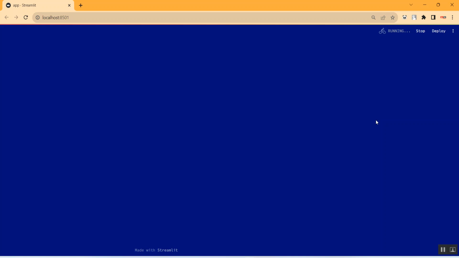Here you have the option to upload the image of the pet, and it will predict what type of pet it is and what the recommendation will be also. To deploy, it will take some time. You have to wait.